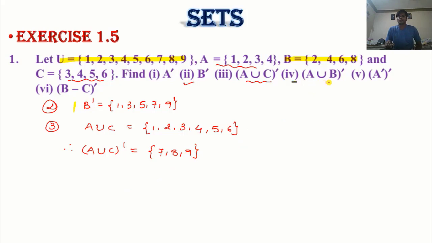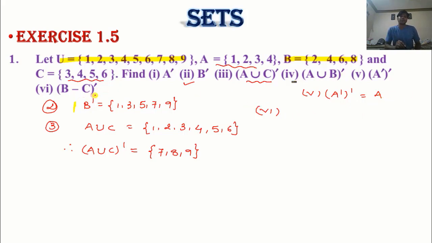In the same way you can solve this. Now I will calculate (B minus C) whole dash. This one is an obvious property, no need to calculate it. You can directly calculate (A dash) whole dash using double complementation. Using the property, you get the answer directly. Which one? A. And A is which one? 1, 2, 3, 4. So you can write that.